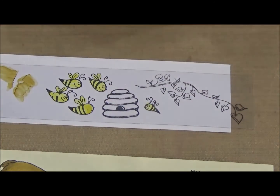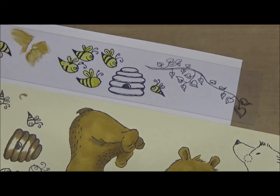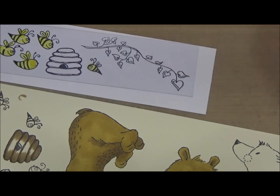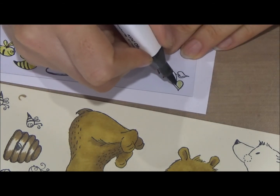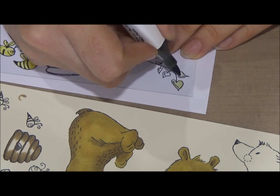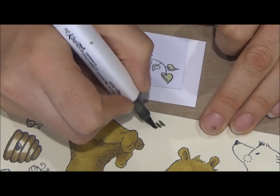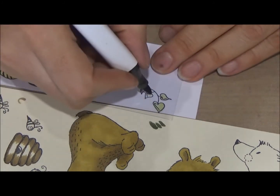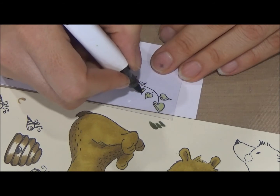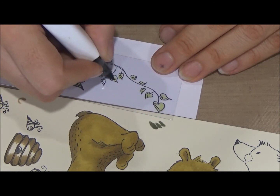Now we're not using this Beehive, we're going to use the other one that we coloured over here. And on the vine here, we're just going to use some olive, which is a nice dark green. Now you will find darker colours will come up better on the plastic because they are very pale. If you put this olive on here, you can see it's quite a dark colour, but on the plastic sheet it's much lighter. You can just quickly colour in the little leaves. At the end of this video, I will show you